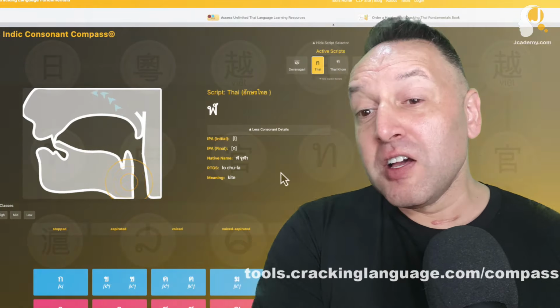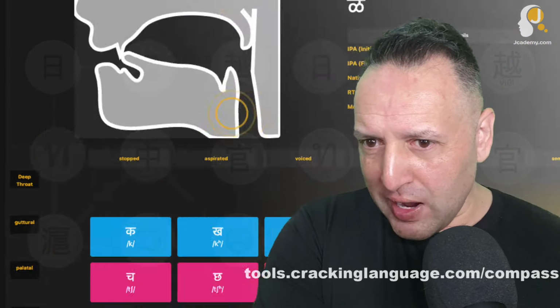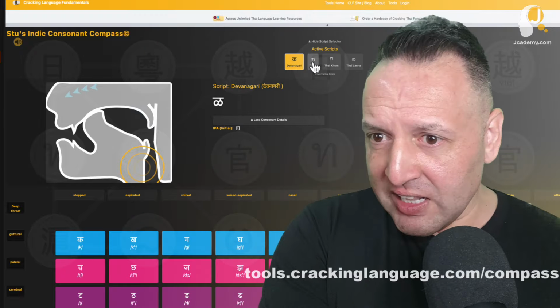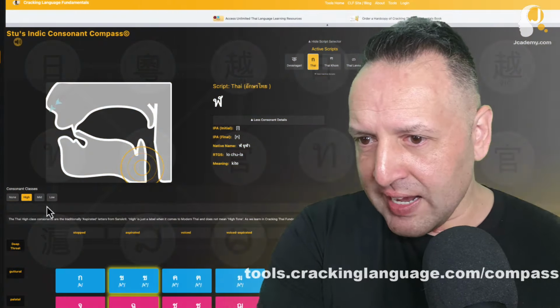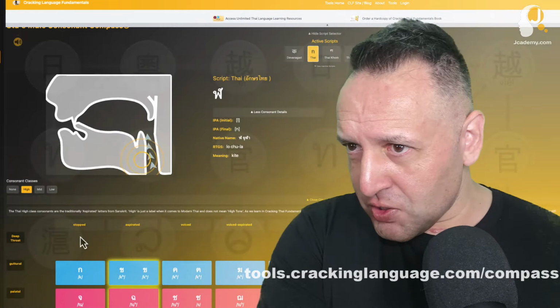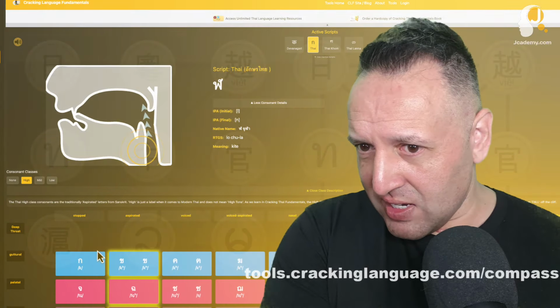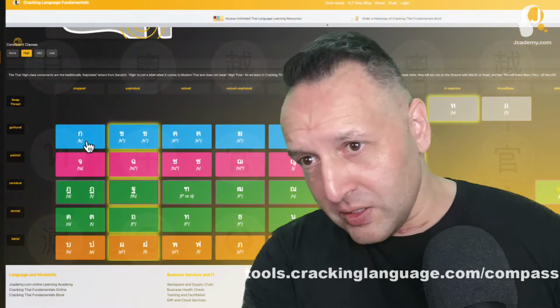Now we have consonant classes in Thai. If you have a look here, Devanagari doesn't have it. When I click onto Thai, you'll see consonant classes come up here. And so we have the high. And so I've put this in here to show you actually what the consonant classes are. So let me just pull it up here. I'm going to hit high,